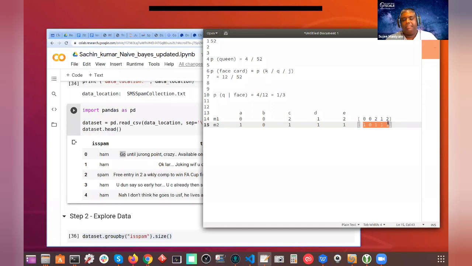So now you can imagine, as we're adding more and more columns, this vector is going to get larger and larger, and most of the columns of the vector are going to be 0. Because your SMS message is only going to have a few words. It's not going to have 10,000 words. Let's say I have 10,000 unique words. My SMS out of 10,000 may have 10 or 20 words. The rest of my columns are 0. So this is what makes this challenging, because this is a very sparse matrix. Does that make sense, guys? We can visualize that. Okay, so this is basically what's going on.